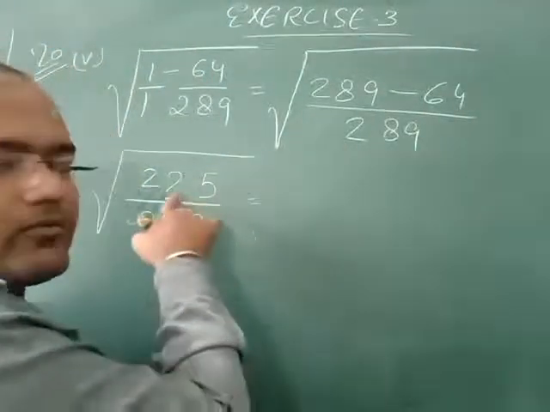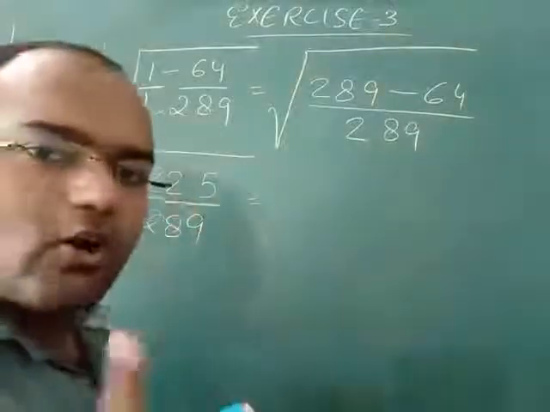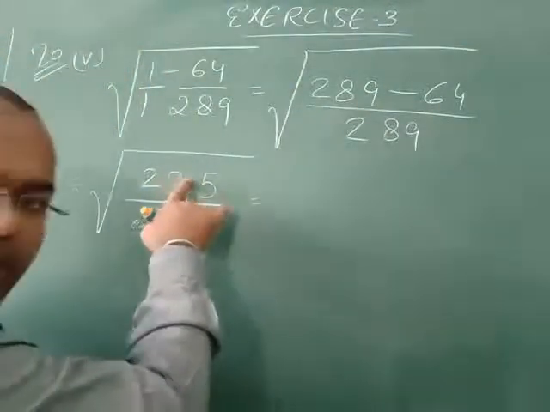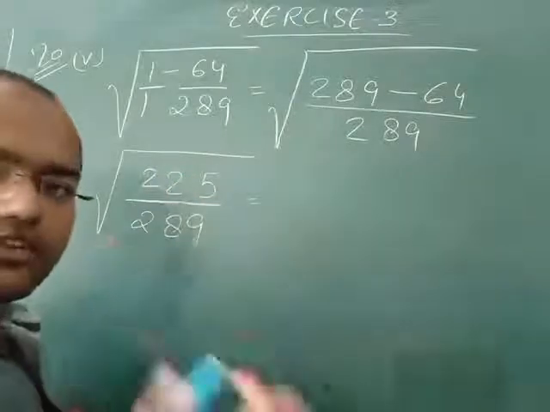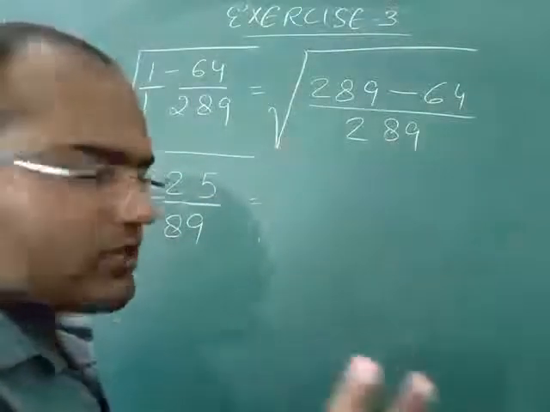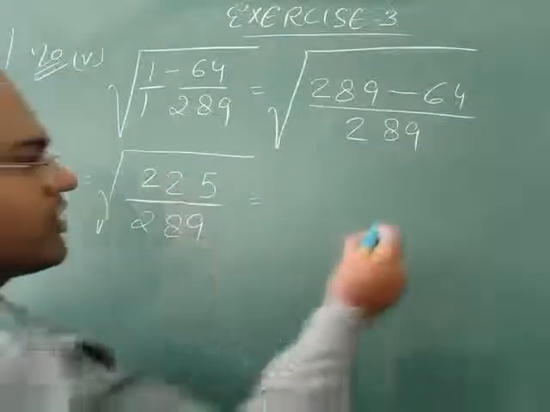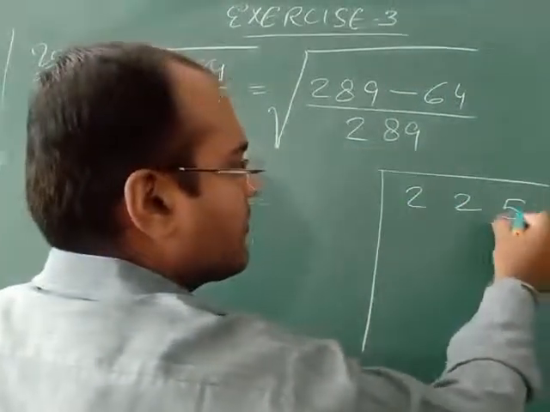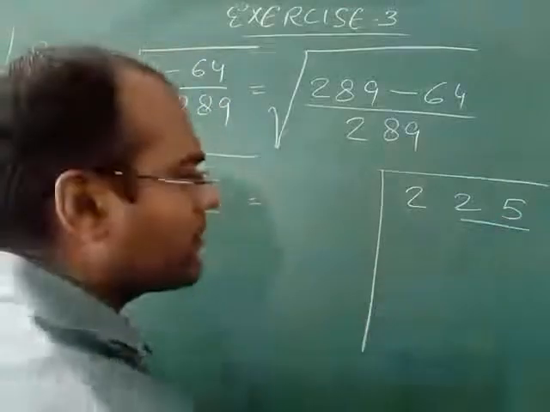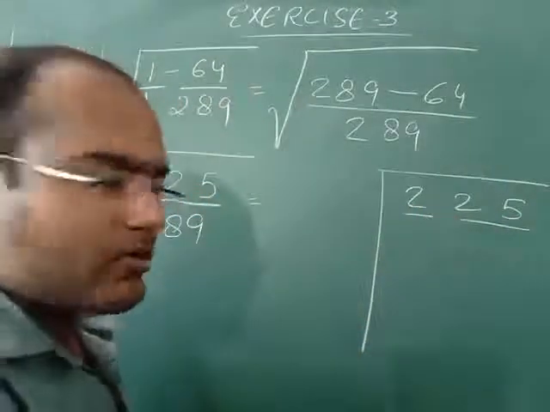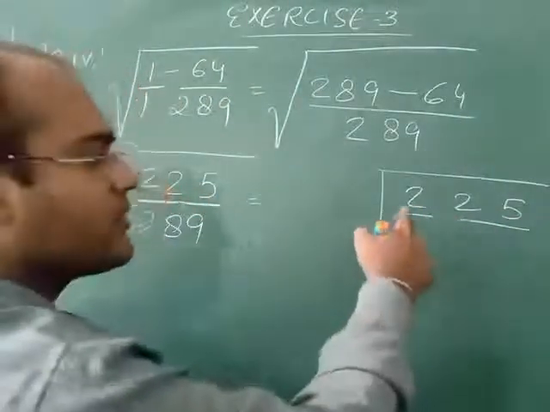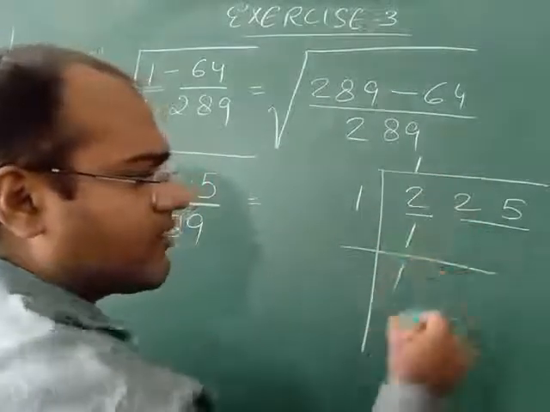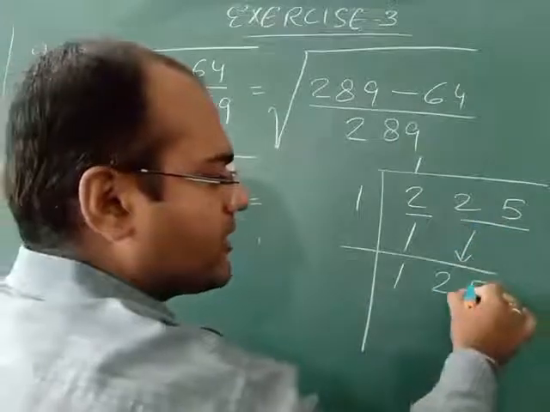Now what you have to do? You have to find the prime factor. It's optional. You can either use the prime factor method or the division method. If you do it with the division method, how will you do it? This is 225. From the last we will underline two numbers, and the remaining number we underline as a single one. 1 1 ja 1. On subtracting we will get 1. This 25 we will bring down.